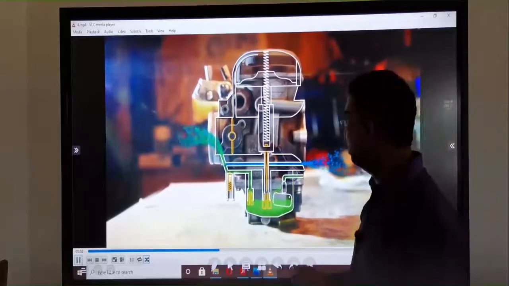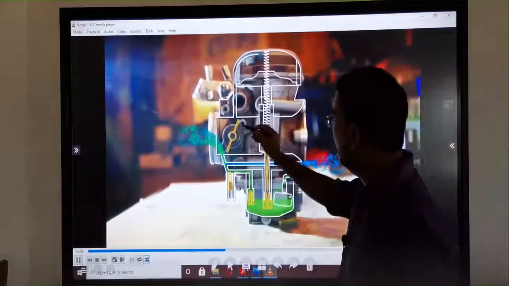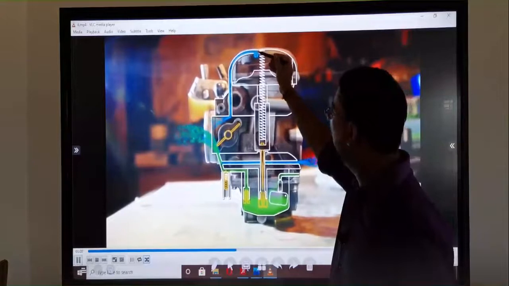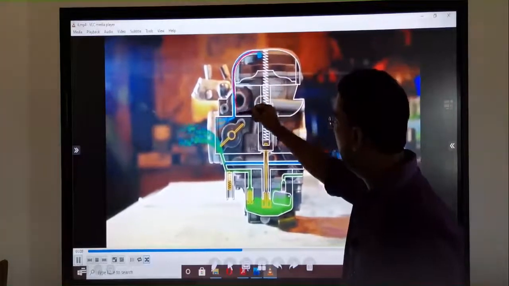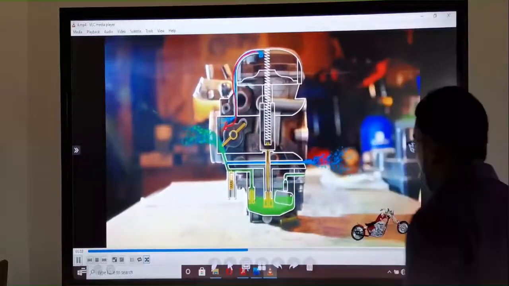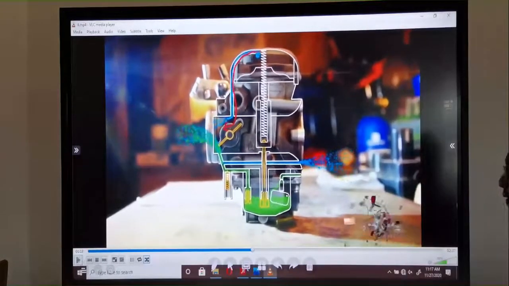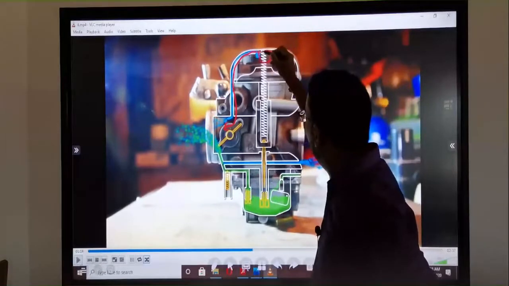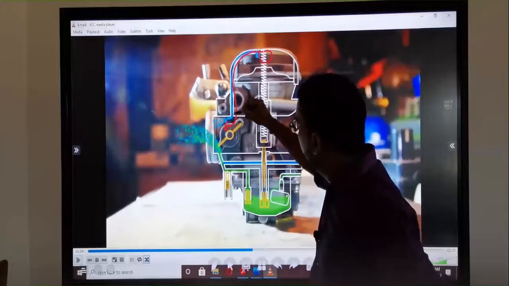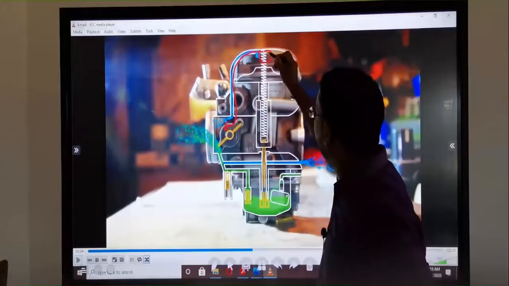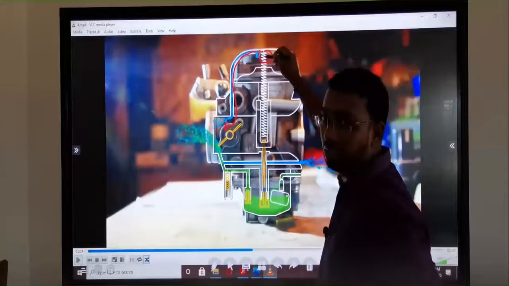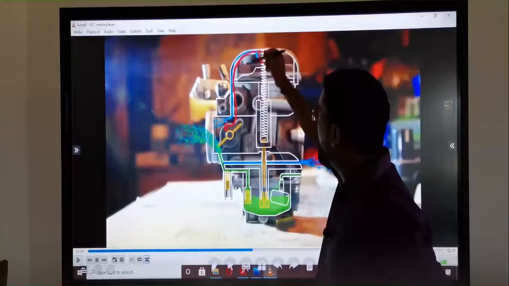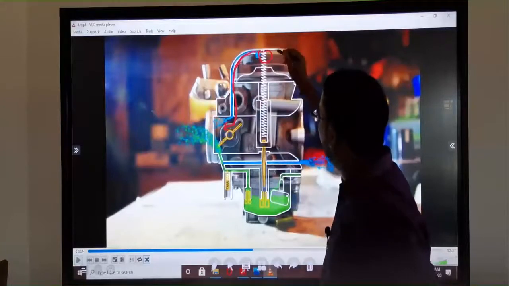So the throttle valve starts to open, so there is a space. The atmosphere air comes through this line. When the air is released, there is a lot of air here that is released through this way. So there is a pressure difference here. The pressure is less now because the air departs from this area.